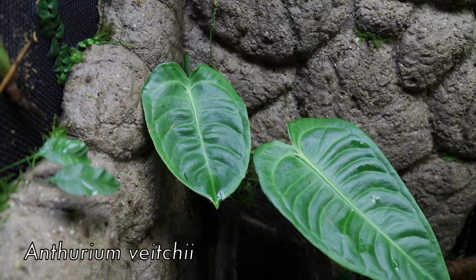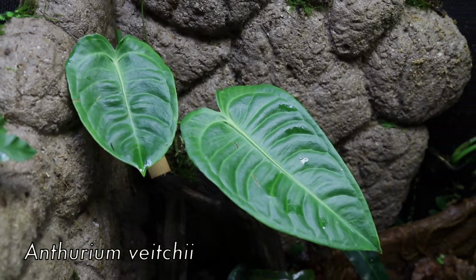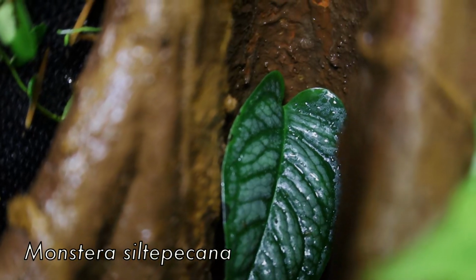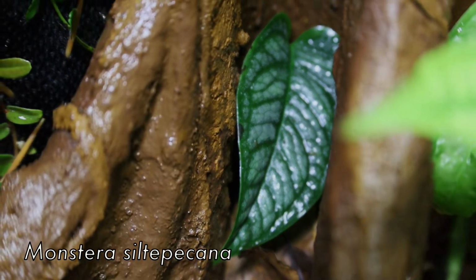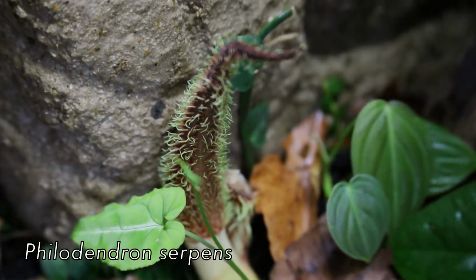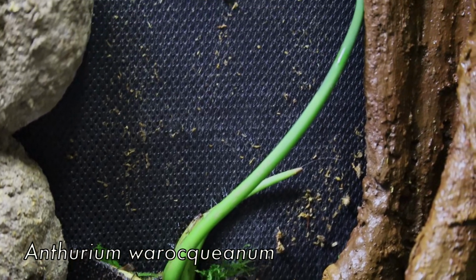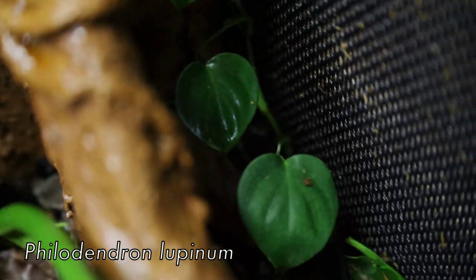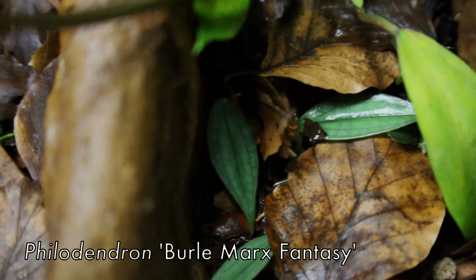The majority of the plants I used in this vivarium are aroids, which is a family of plants consisting of Philodendron, Monstera, Anthurium, Rhaphidophora, and some other plants. During the pandemic, the market for these plants exploded and many of them went for ridiculously high prices. However, since then, many species that used to be extremely rare have become much more widely available, and the prices they sell for are dirt cheap compared to what they went for when I got into the aroid hobby in